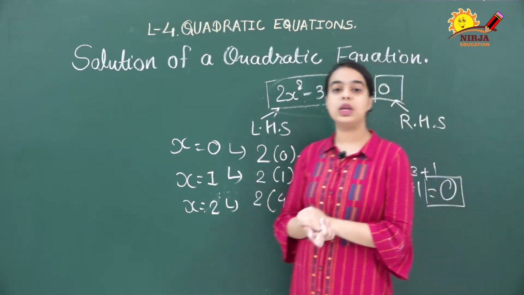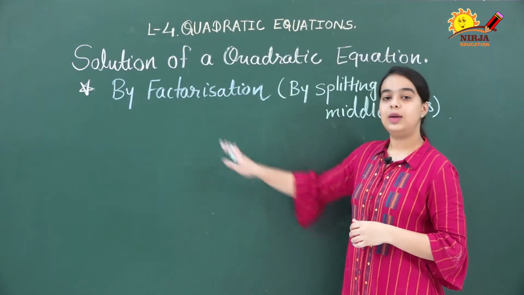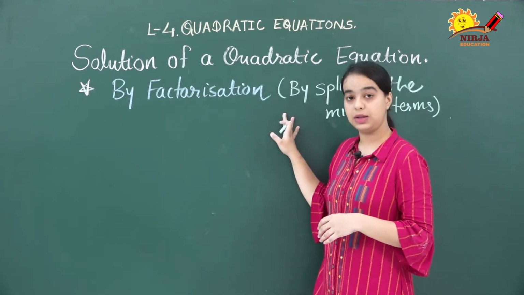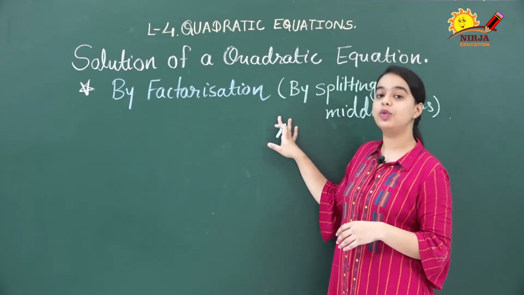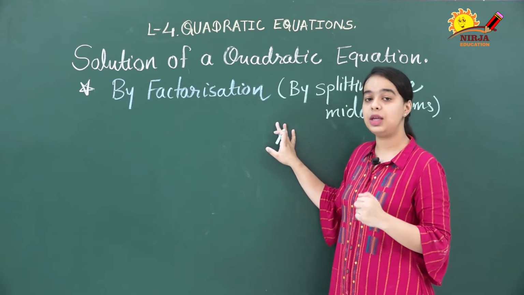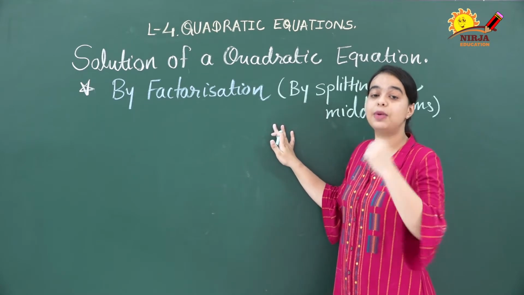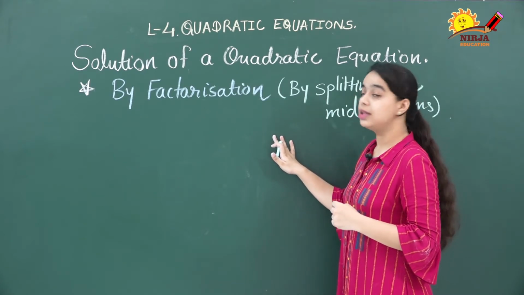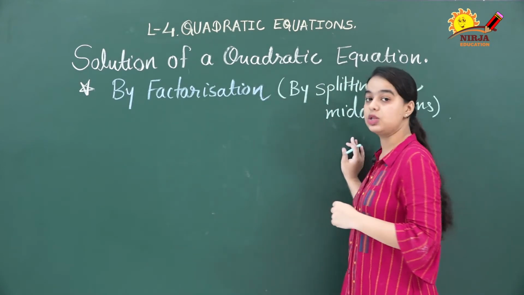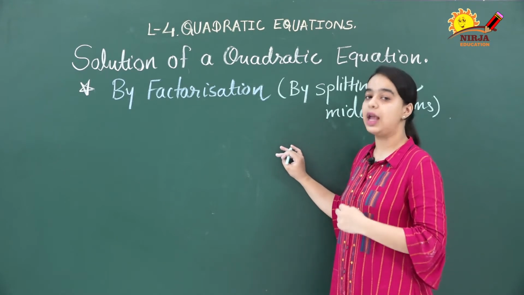Now let's see various methods of solving a quadratic equation. Let's see how to get the solution of a quadratic equation by the factorization method. Dear children, you have learned how to factorize a quadratic polynomial in your 9th standard. So you already know this, and if you remember, in your 10th standard also we have learned it in the second chapter, polynomial. So in this session we are going to discuss how to find the solution of a quadratic equation by the factorization method. The other two methods we will see in our next videos.